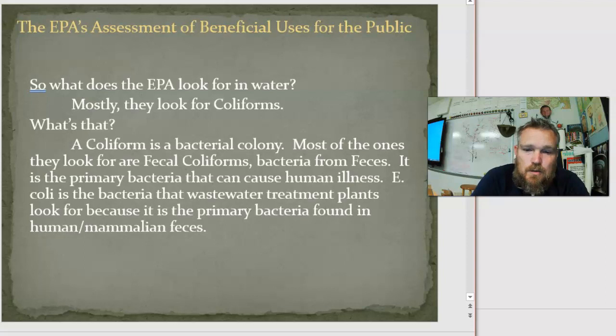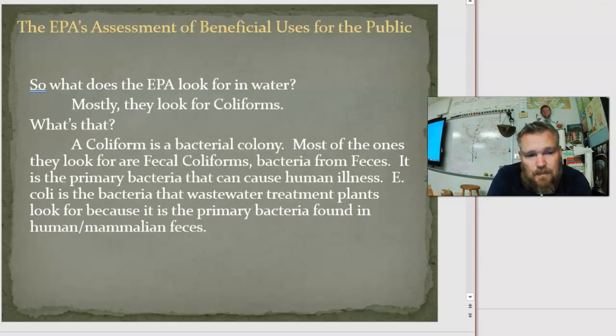But it was the one that they started kind of studying first, and a coliform is basically a colony of bacteria that's growing on a petri plate. If you see it, it's just a little white. It doesn't have to be white, but a little substance that's kind of formed a little ball there on a petri plate, and that ball can have millions of bacteria in it. So it's a colony of bacteria, and specifically what they look for is fecal coliforms, which are coliforms from feces,